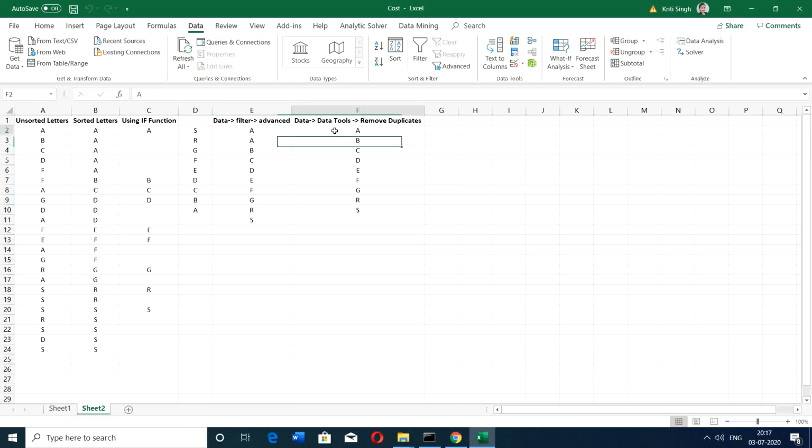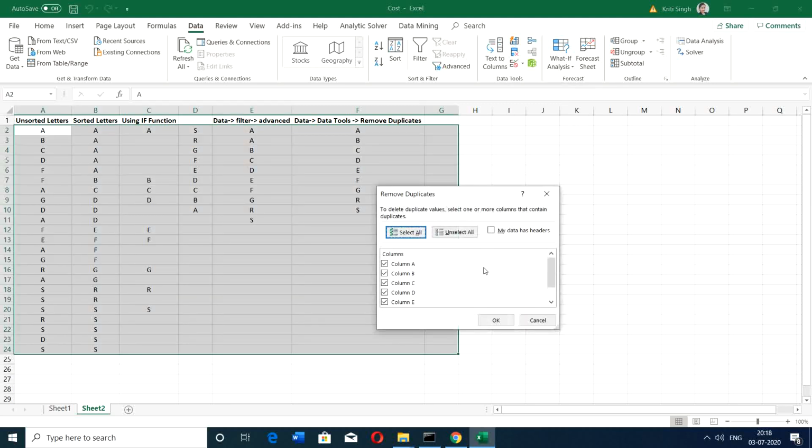in this particular list. Now there is another method that you can use to remove the duplicates. That is, you again go to Data. Here in Data there is something called Data Tools. In Data Tools, you'll have the symbol where there is a column and there are two blue cells. It says Remove Duplicates. So what does it say? It says delete duplicate rows from a sheet. So just click on this.